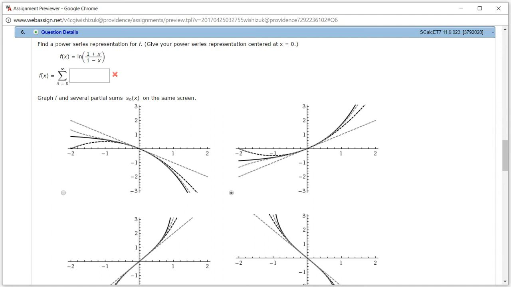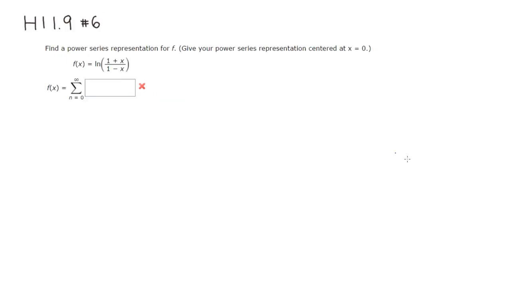Alright, let's look at the homework 11.9, problem number 6. We want to find the power series representation for this function. So let's do that. First thing is I'm going to rewrite this function, using one of the log